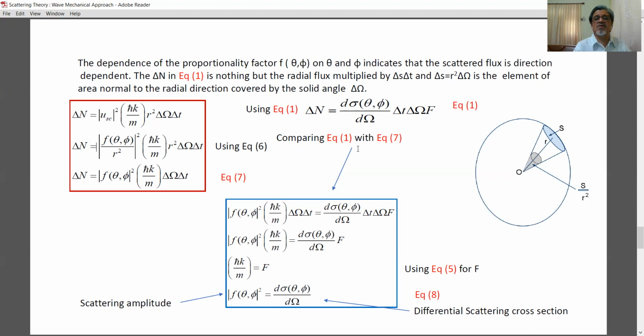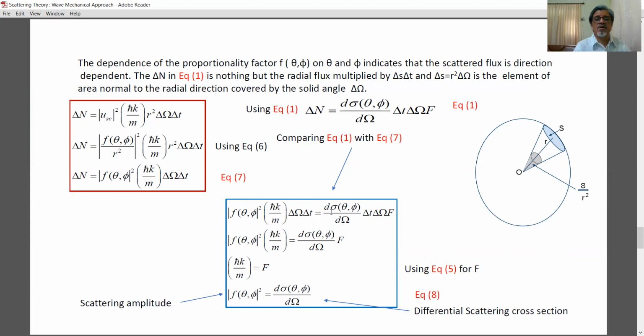So now comparing equation 1 with equation 7. Modulus f theta phi square h cut k divided by m delta omega delta t, that is equation 7, compared to equation number 1, d sigma theta phi by d omega delta t delta omega f. Now we know that delta omega delta t are there on both sides, so they cancel out. So it is ultimately modulus f theta phi square h cut k by m, d sigma theta phi by d